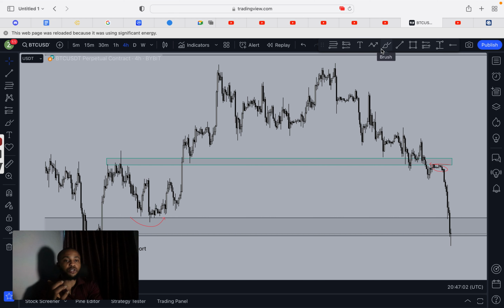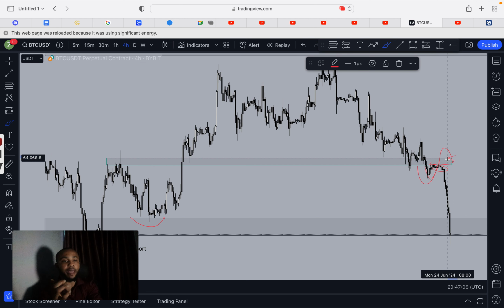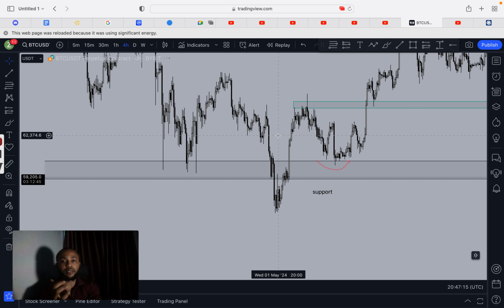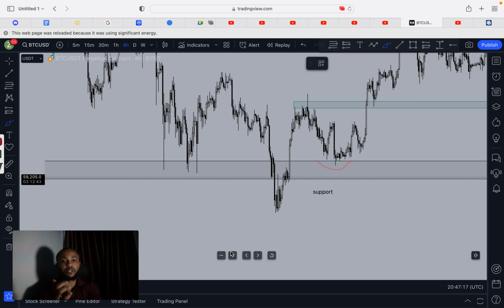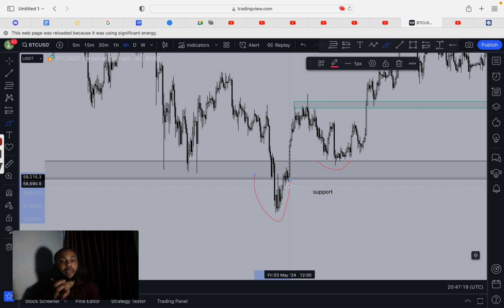So this manipulation didn't really play out. I was expecting a manipulation to let you get back inside. Bam! This was exactly where it is here, just like we had here on the daily time frame. This was the manipulation. Bam! This was exactly what I was expecting. Immediately we have that manipulation, we come back inside. This is exactly where you take the trade, the buy, from the daily time frame now.